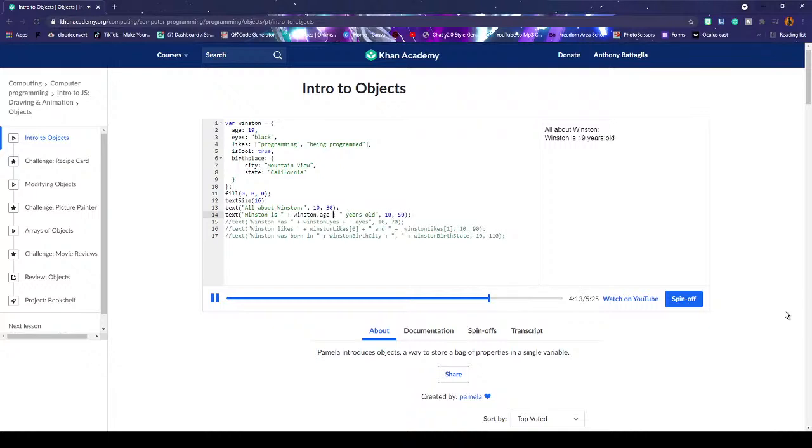We call this dot notation, which is where we write the variable name for the object, and then a dot, and then the property key. Okay, so we can go and do more now. Let's uncomment this, and then instead of Winston eyes, we'll just say Winston.eyes. And then for this one, it'll be